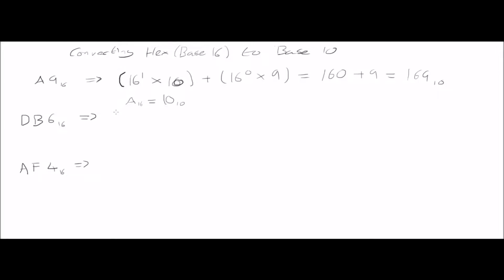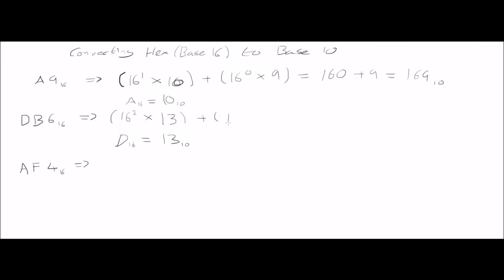So what I'm going to do first of all is write 16 to the power 2, because B would be to the power 1, so we're going to go another one across here, this will be 16 to the power 2, and then times that by the decimal equivalent of D. So D in base 16 is equal to, well, if A is equal to 10, then B is equal to 11, and C is equal to 12, and then D is going to be equal to 13. So we're going to times 16 to the power 2 by 13,